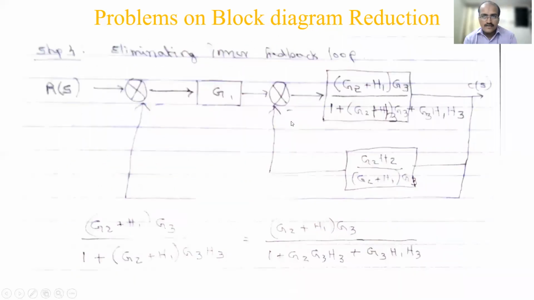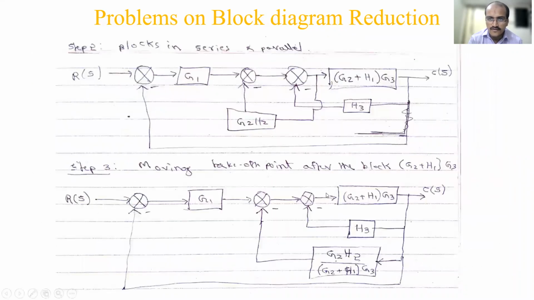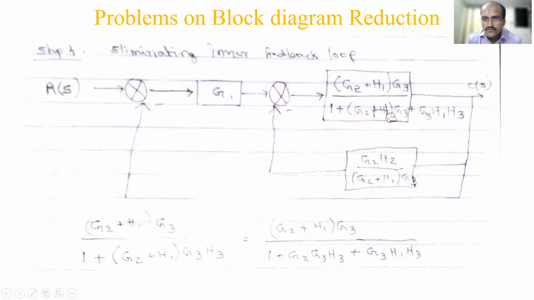Okay. Is it clear? So the simplification I have shown. Okay, eliminating inner feedback loop. So this is the G, G2 plus H1 into G3 divided by 1 plus G2 plus H1 into G3. Okay, then what was the H? So it is shown here, I think. Okay, I have directly written the step probably, so that's why you may not be following. What was there in the feedback path? H3 was there. So that is what is done over here, and the final simplification is written.